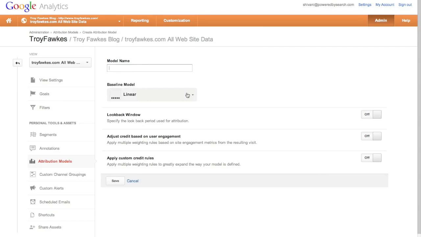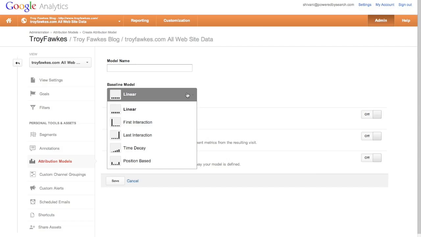And then you choose one of the baseline models. So you have the options of linear, first interaction, last interaction, time decay, and position based. In the linear attribution model, each touchpoint in the conversion path shares equal credit for the sale. So if there's a conversion path with 4 channels, each channel would get credit for 25% of the conversion. And this is a good way to evaluate the overall contribution of your channels. In first interaction, the first touchpoint receives 100% of the credit for the sale. And this is a great method for new companies who want to know how people find them the first time